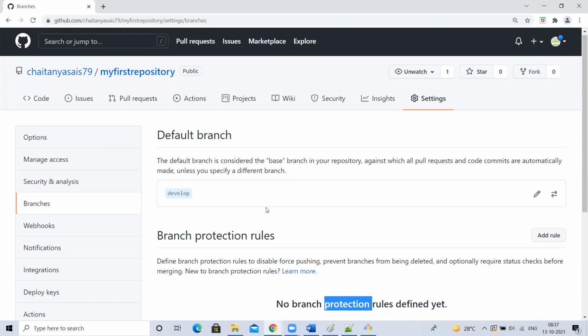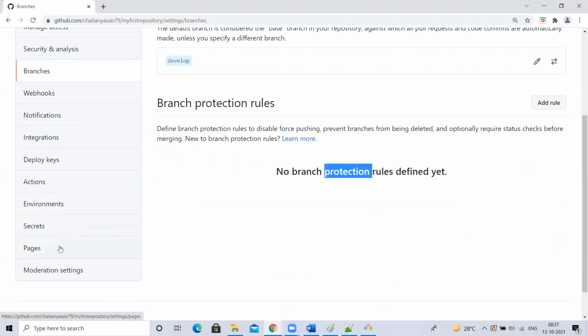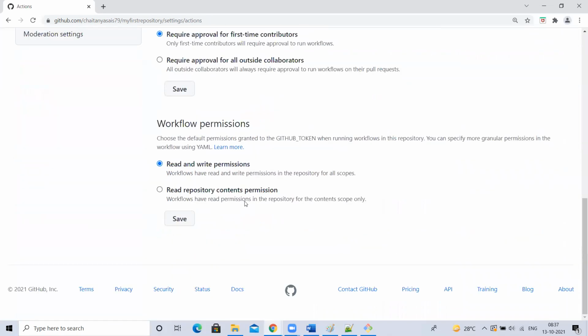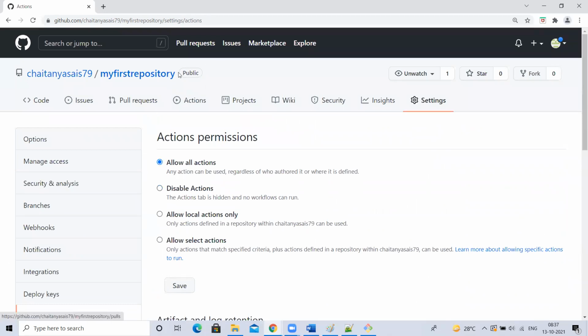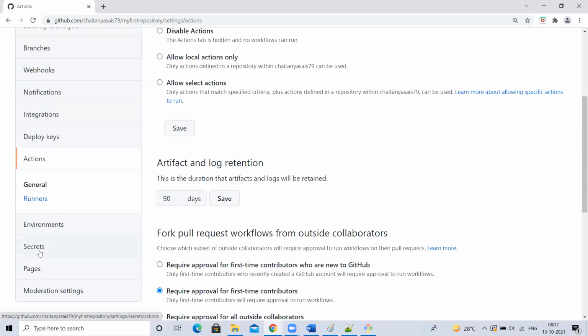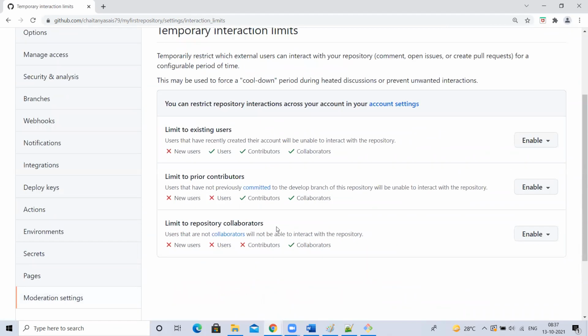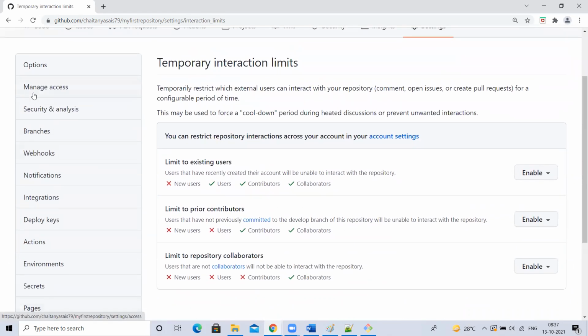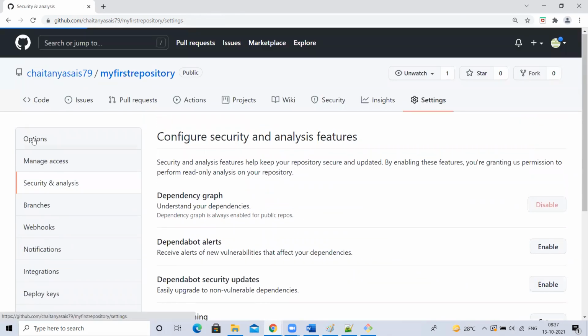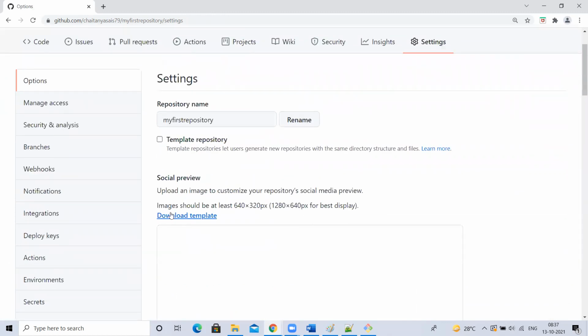There is an option in the actions. Where is this action? Let me see here. No, it's not here. We used to get a branches option here itself for the previous batch also, where it showed all the branches and we could select what we want to delete. Let me check the other things. Moderation settings, something. Let me check in security. Sir, can you go in profile? Okay, just a second.